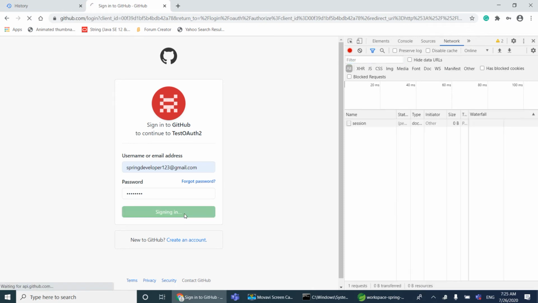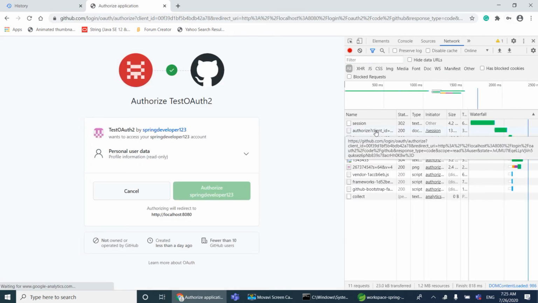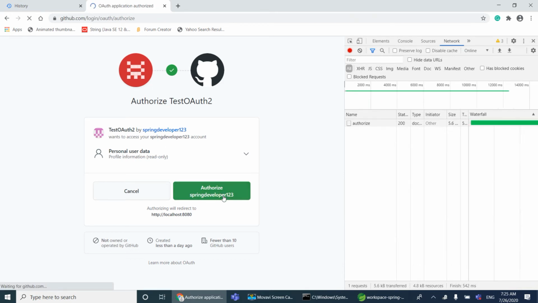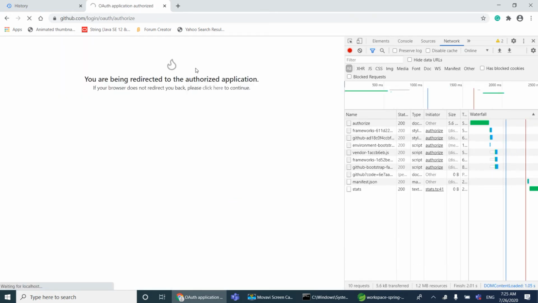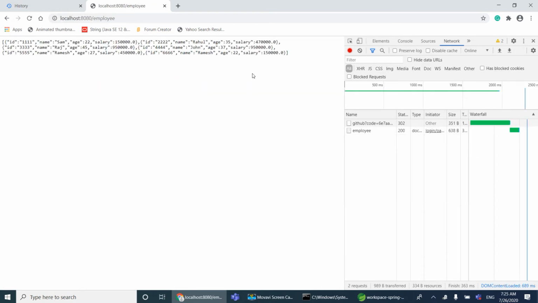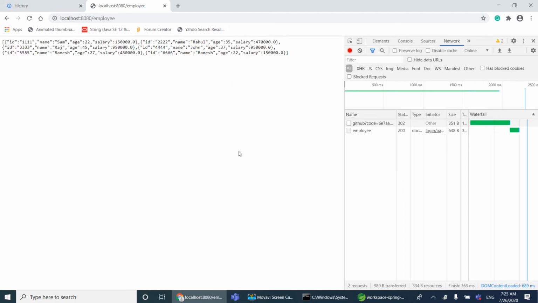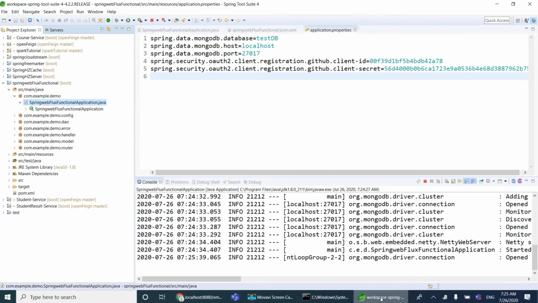See, when you sign in, first it will call that authorize endpoint with the client ID, client secret and the code. Once you say authorize and get personal data, it will redirect back to our application. After redirecting, it comes to whatever endpoint we have hit. So if you want to get the user details or the token related things, we can get them in our application. So let's go to our application.